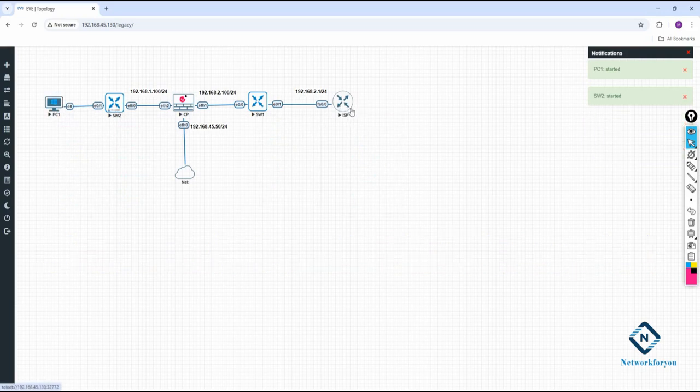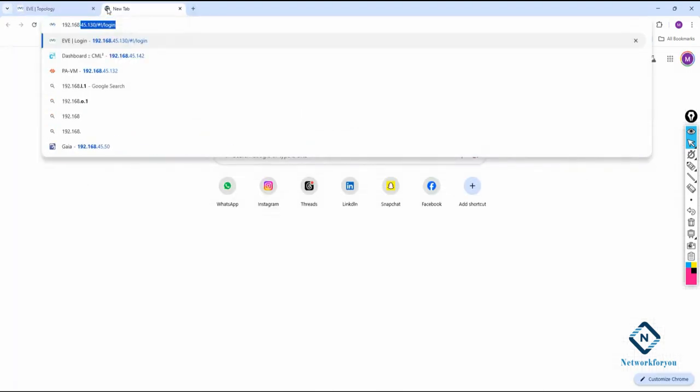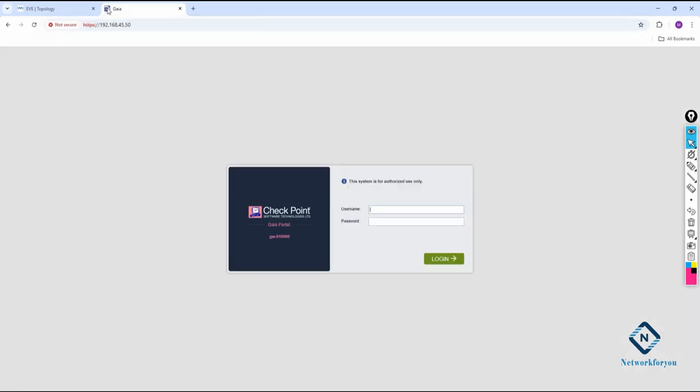Here for lab purposes I took one router. Here I will create one loopback. I will give the IP 8.8.8.8 and we will say that this is the internet. And from this cloud we are accessing this firewall, and on this firewall we configured the IP 192.168.45.50. So we can type 192.168.45.50